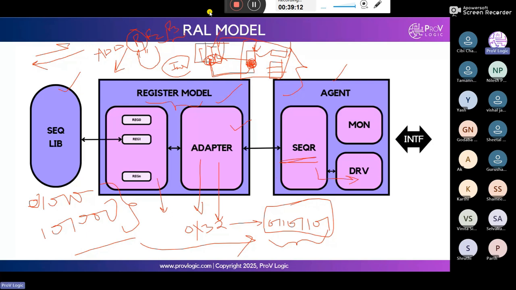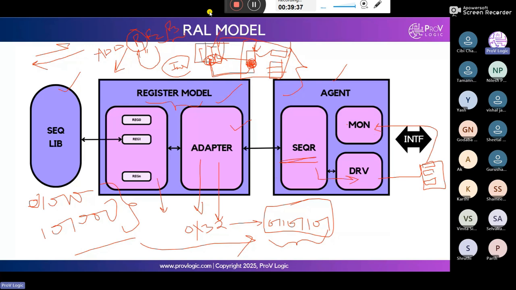Everyone understood what is meant by adapter? It converts register transactions to bus transactions as well. After that, the driver needs to send the same transaction to the DUT. So the DUT will get the same register data, and that data is again sent to the monitor.